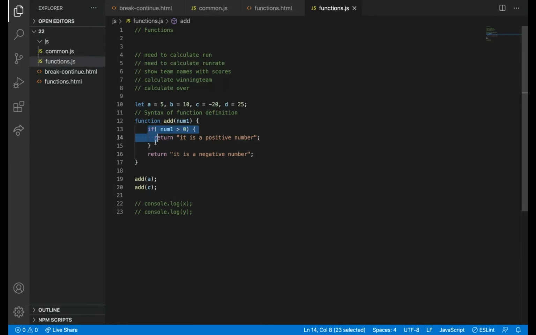Whenever it goes inside this, it won't execute this line. Like break, it will come out of the loop. Once it got executed, it will come out. I hope it is clear. Mostly in most of the functions we will use the return statement, because we will save it in another variable, and then we may need to calculate any other thing based on this value.